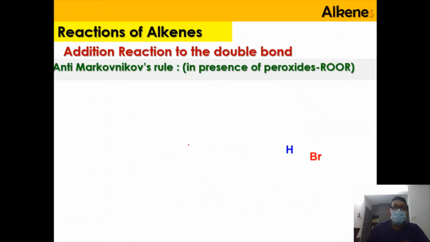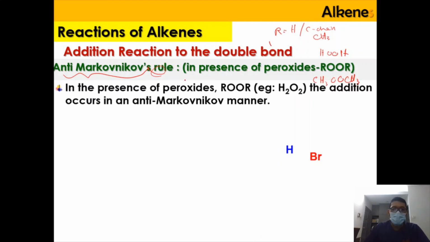So now we're going to look into the reaction of alkene where it follows the anti-Markovnikov rule. This happens in the presence of peroxide, which is ROOR. ROOR here means that R can be either hydrogen or a carbon chain, for example CH3. So ROOR here can be HOOH, or can be CH3OOCH3. Okay, so in the presence of peroxide, for example H2O2,